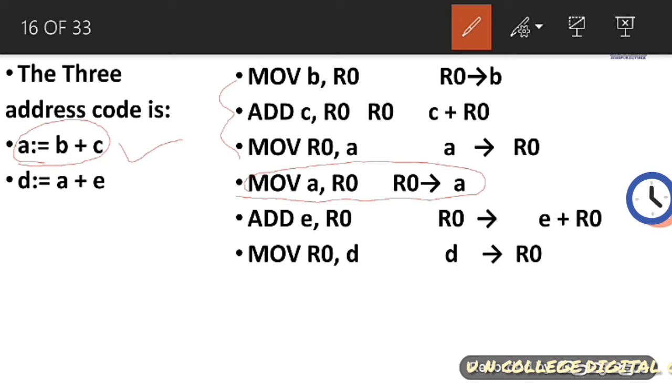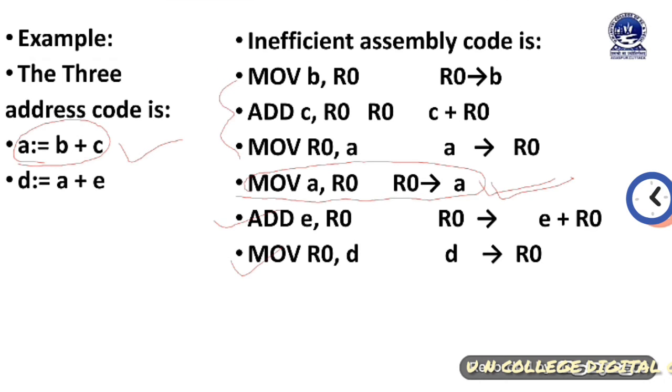For that reason, if we directly use the statement add E comma R0, and then finally we use the statement move R0 comma D, then we can get the same output. So if we just eliminate or discard this particular instruction, then this can be more efficient in comparison to this type of instruction set, and for that reason I have told that this one is inefficient